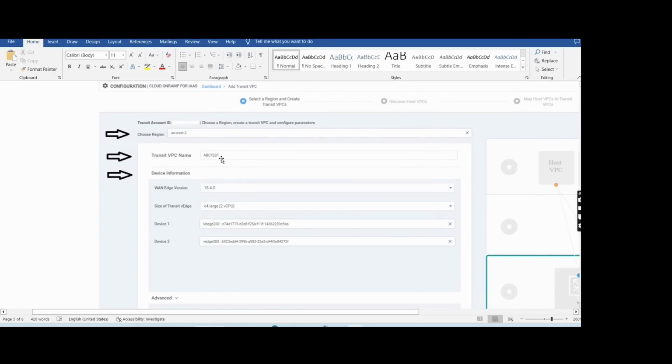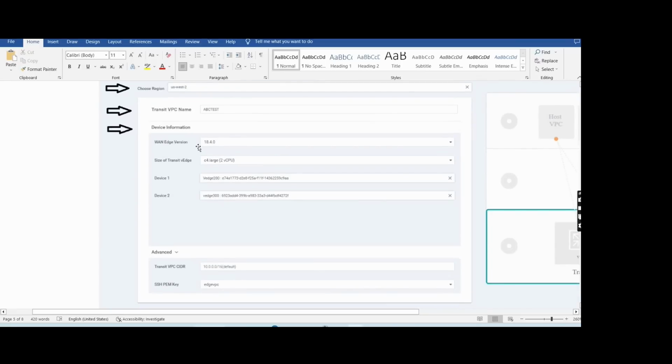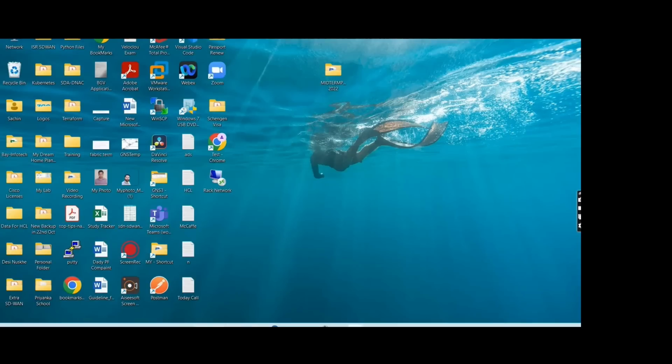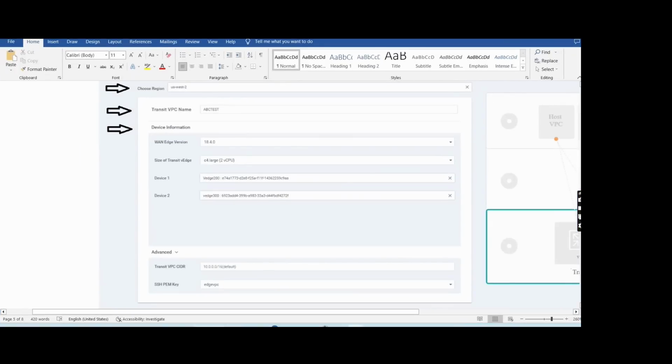Then your transit VPC name, whatever you have created in your AWS, because right now you have logged in to your account, so it will show you the same options which are configured there. Which version? So 18.4.0, at that time we were deploying. Let me check right now, but yeah, 18.3 is also there, 18.4, yeah, a later version is there. It will ask you which version you want to deploy, and this is the size